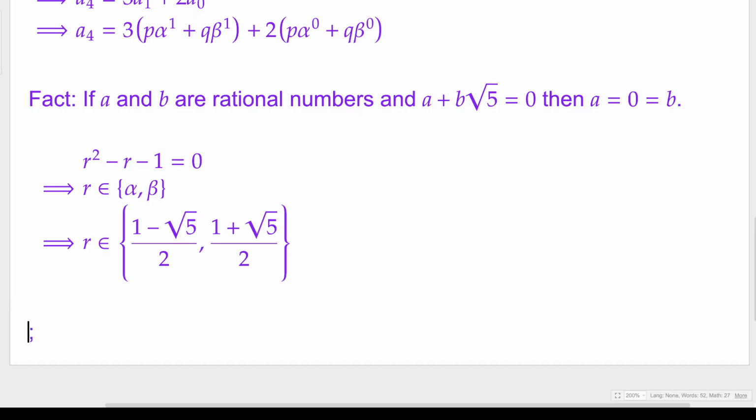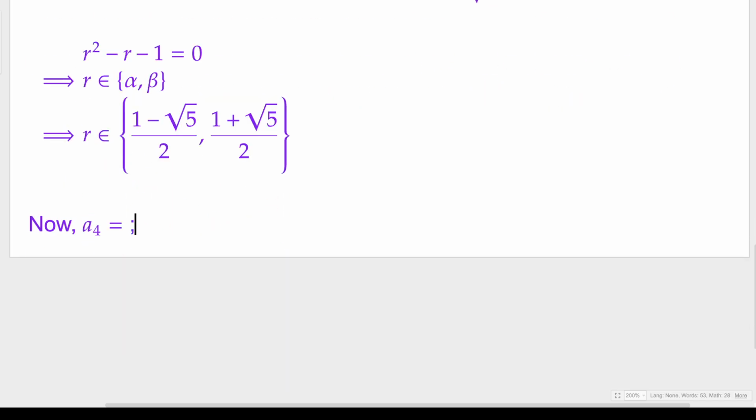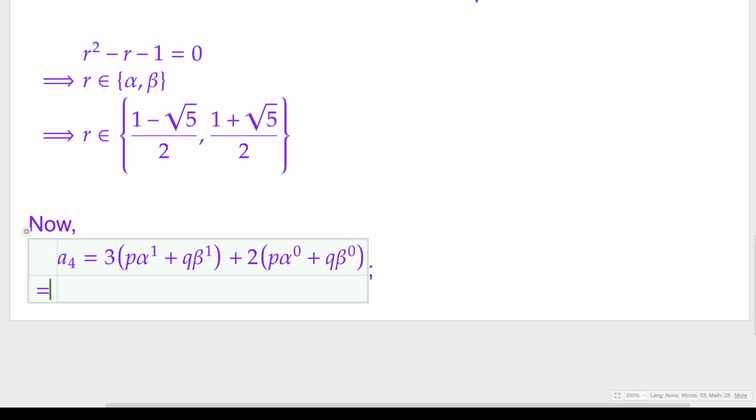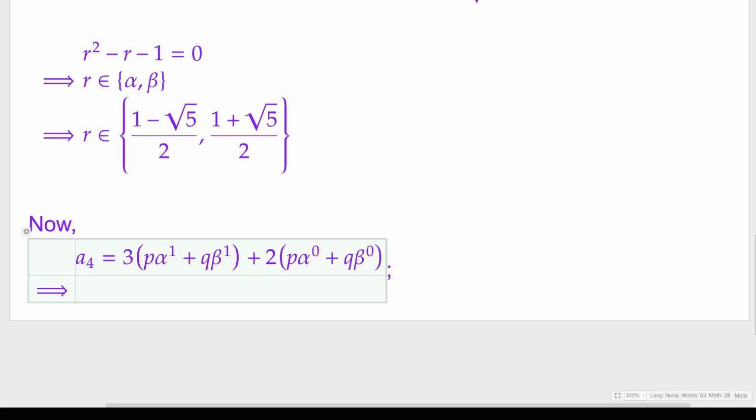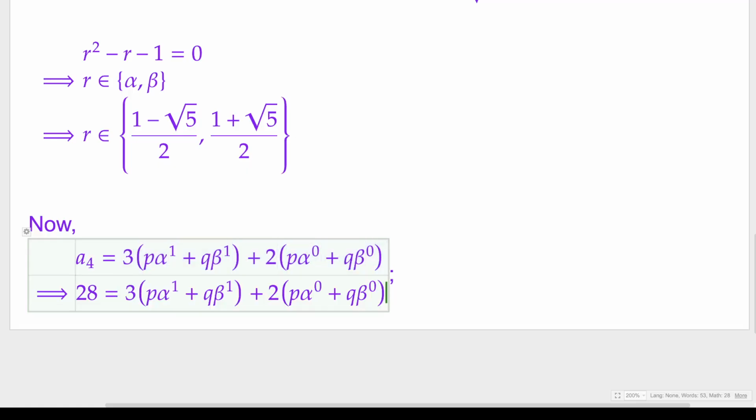So now we have already computed this fact, that a subscript 4 is something that we are already having. Now I will be proceeding ahead with this. Okay, so here I will proceed with the upcoming steps, that is a subscript of 4. Now proceeding with this, a subscript of 4 is nothing but 28, and here I will make the appropriate substitutions. So from this we can clearly observe that this can be written as 2 times p plus q in simple